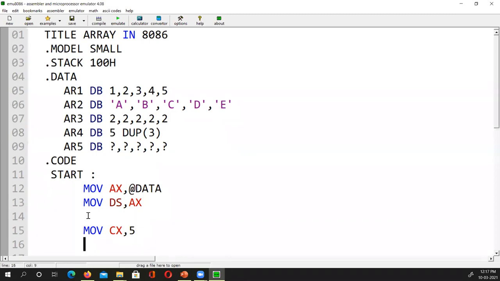And then I move into the SI register the offset of AR1, for example, or AR2 or AR3. You need the address of the array. Someone was saying yesterday that you could put 0 directly, and that would also work, but then we would not know whose address it is, because that will be 0 only, for this array.